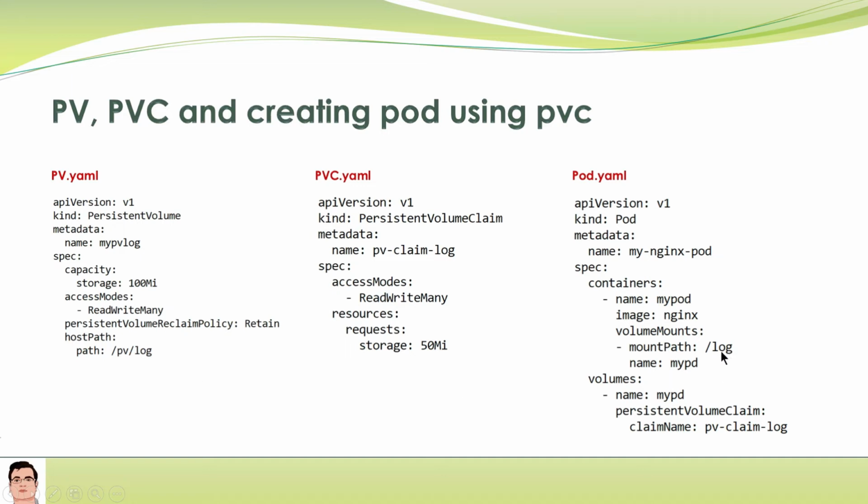Whenever any file is written in this particular log directory, all the files will be moved automatically to this particular location. So whenever the pod gets destroyed, all the information is stored in a particular location. This is the concept of storage. Whenever the pod gets destroyed, you have something in your storage to investigate the reason why this happens,